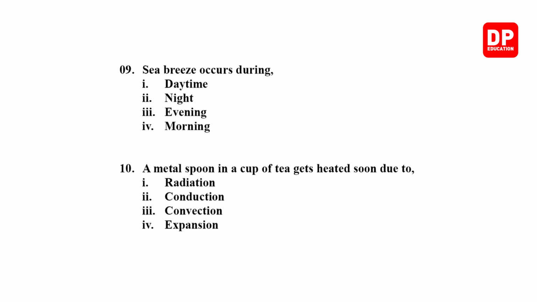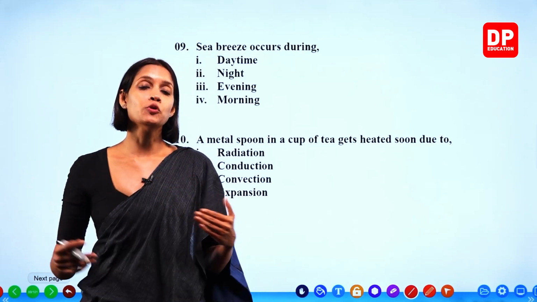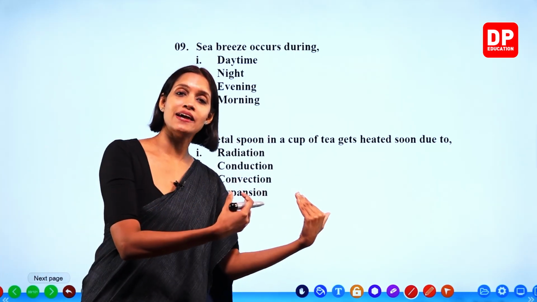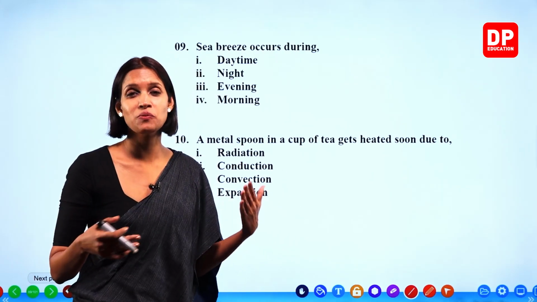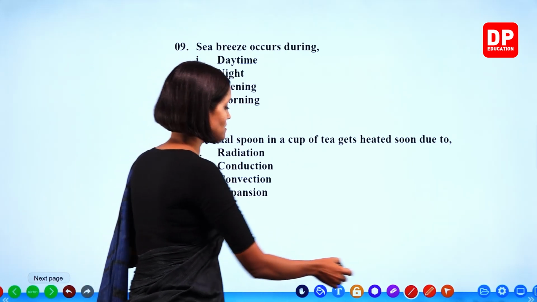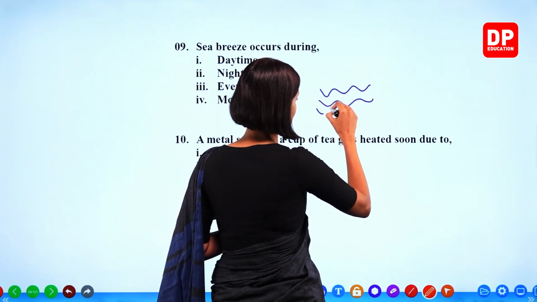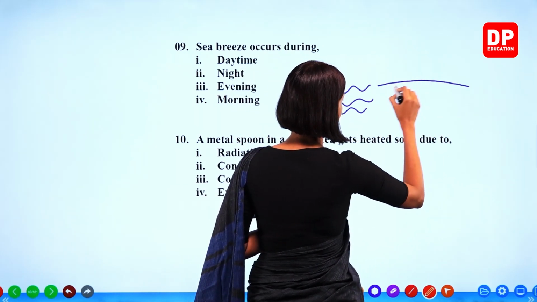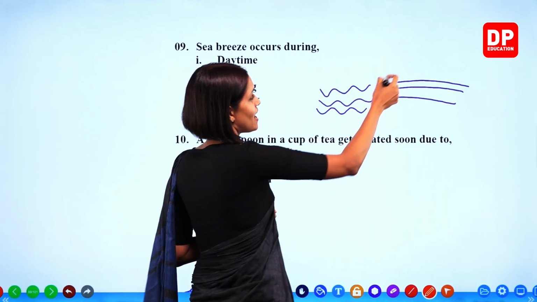Number 9. Sea breeze occurs during, what is the meaning of sea breeze? The wind that blows from seaside to the landside. What is the time of the day this happens? During the daytime, right? Okay, so I hope you remember we learned that when it comes to the sea breeze and land breeze. Sea breeze occurs during daytime because during the daytime, land gets heated up faster and the air